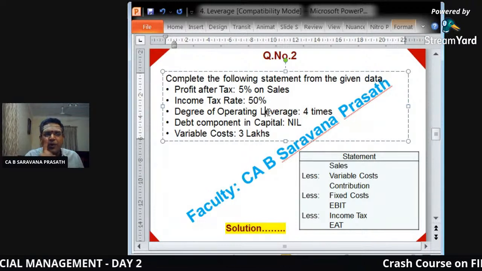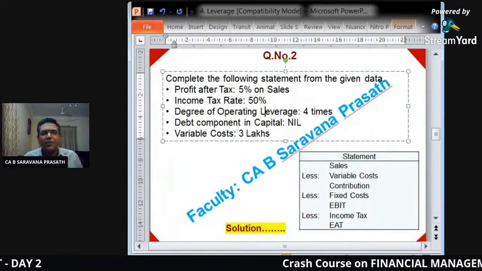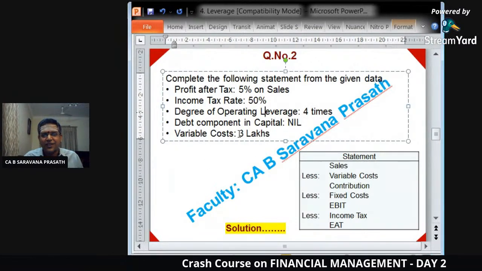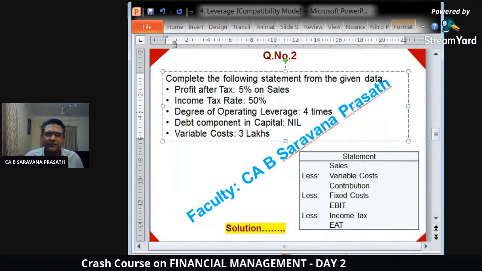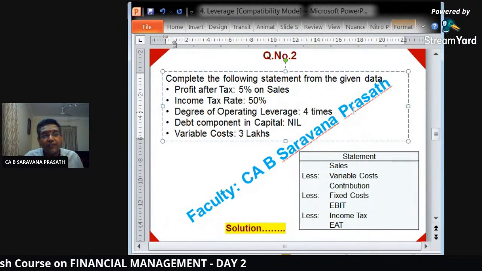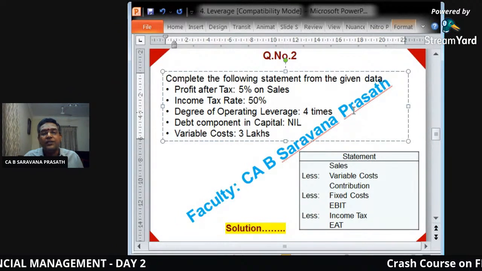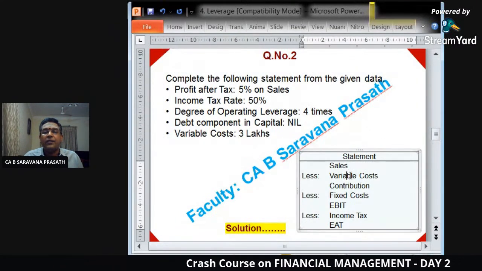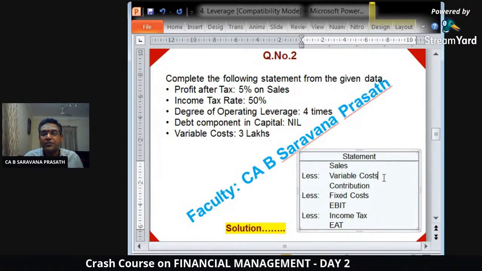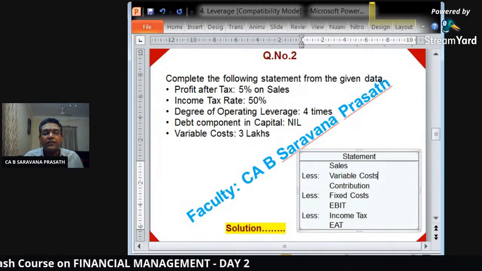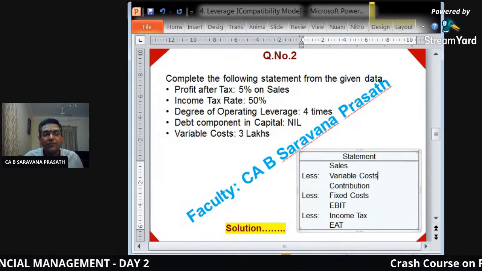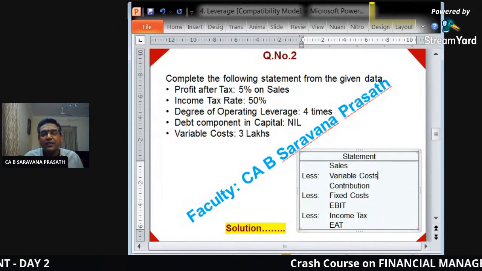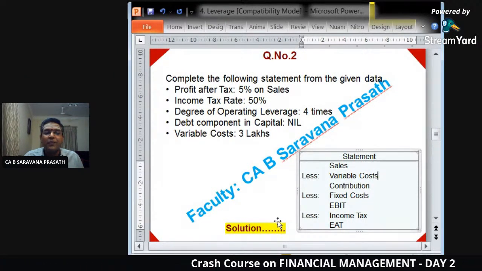We have only one more number in the question. What is that one more number? Variable cost is equivalent to 3 lakhs. So we will write in the amount column, variable cost is equivalent to 3 lakh. And you just now know that the variable cost is equivalent to 60%. So if variable cost 60% is equivalent to 3 lakh, proportionately,